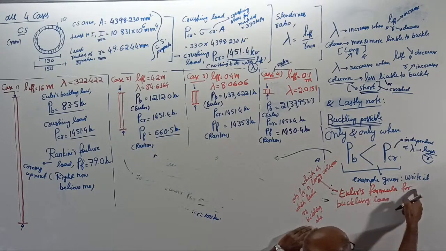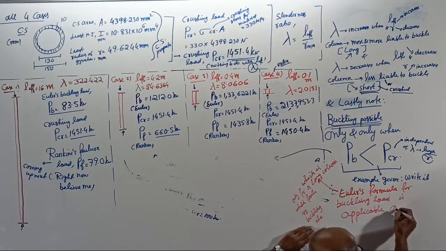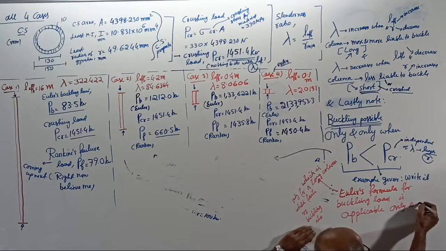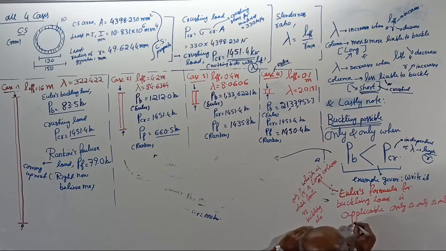So Euler's formula for buckling load is theoretically applicable only and only when the buckling load PB